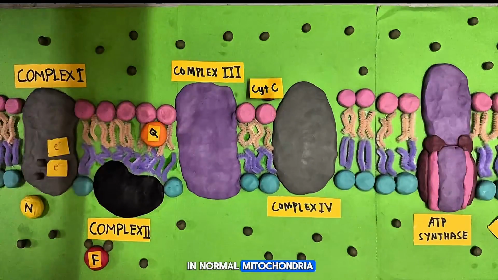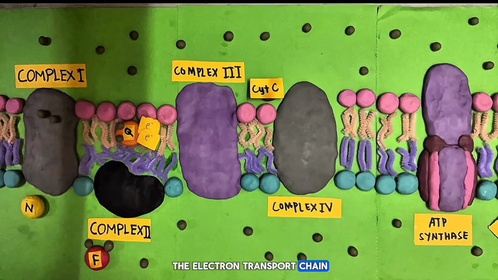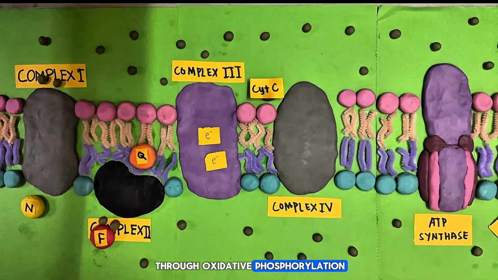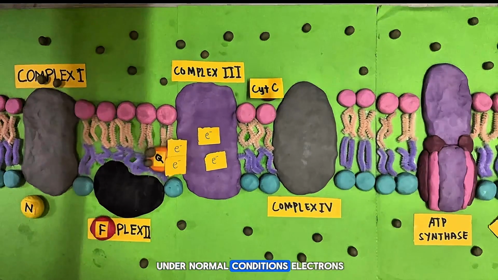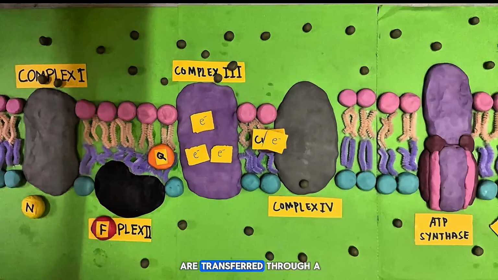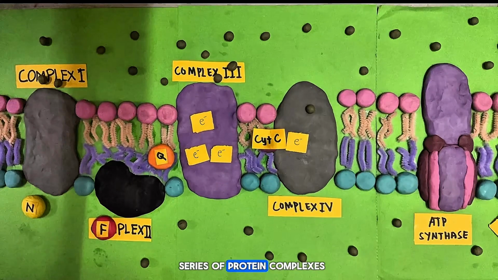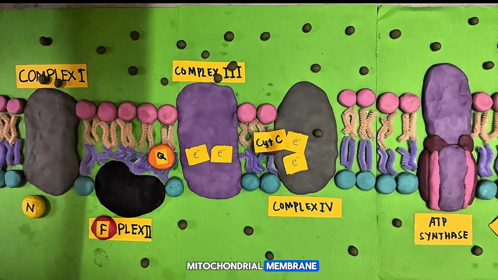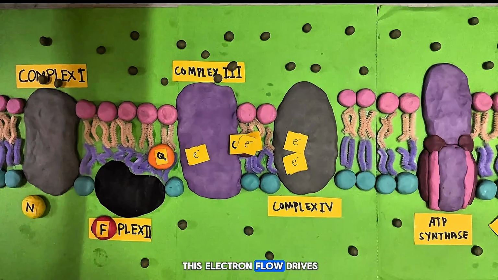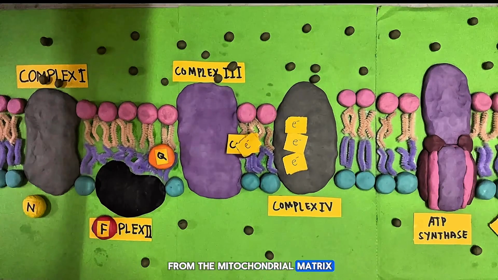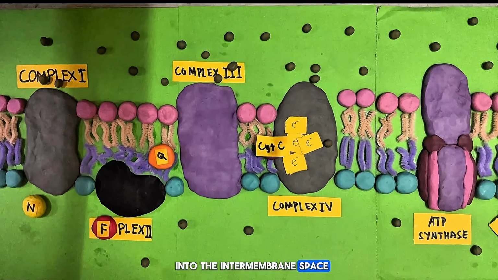In normal mitochondria, the electron transport chain efficiently produces ATP through oxidative phosphorylation. Under normal conditions, electrons from NADH and FADH2 are transferred through a series of protein complexes embedded in the inner mitochondrial membrane. This electron flow drives the active pumping of protons from the mitochondrial matrix into the intermembrane space, creating